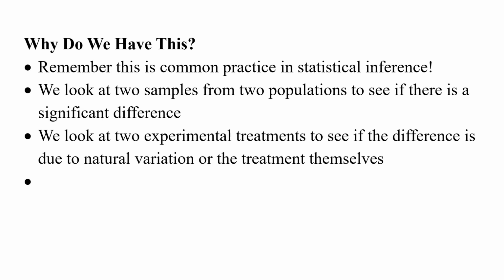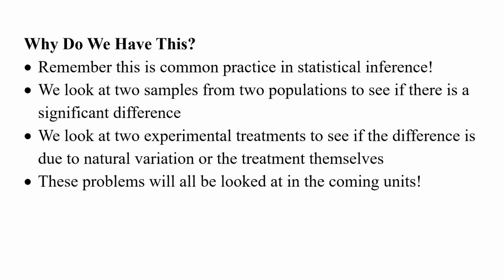So this comparative statistics aspect is very common, and we'll be answering these questions in the coming units once we learn a little bit more about inference. But the basis for inference is a sampling distribution. This idea that averages do not vary as much as regular variables, and that averages are very predictable in the long term